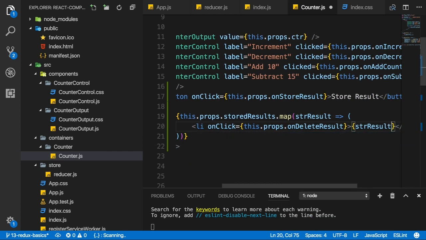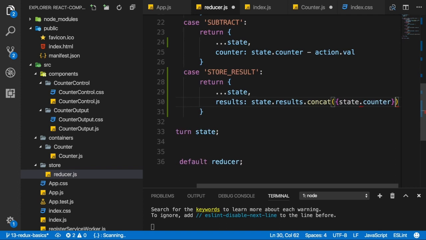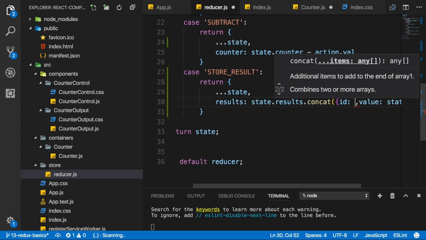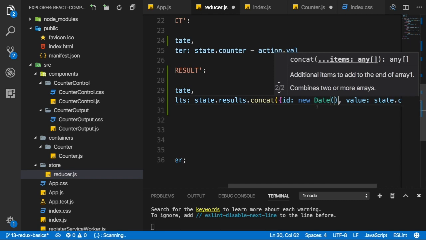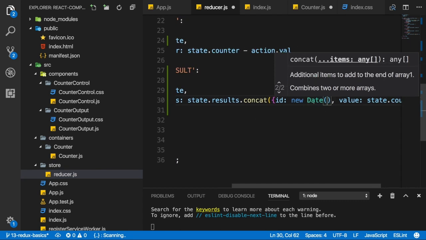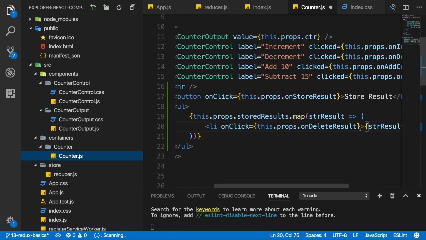And now this would be our result, but actually I want to go back to the reducer and change it a tiny bit. I don't just want to store a number, I want to create an object. And this is kind of optional here, but I want to do it because I don't just want to have my result value, and you could name this val, v, whatever you want. I also want to create an ID here. And that ID should be something unique. So I'll simply use new date, which is simply a snapshot of the date when this was added. Now I have an ID and a value,